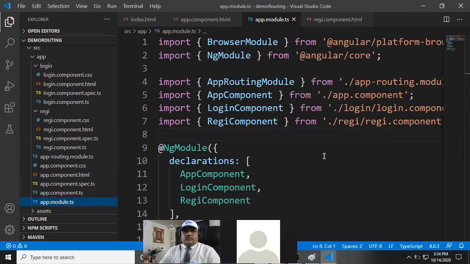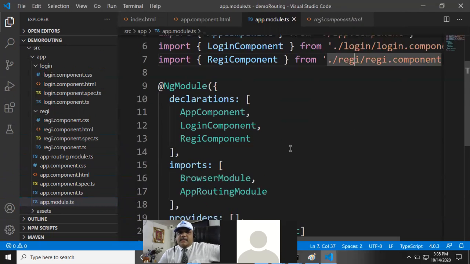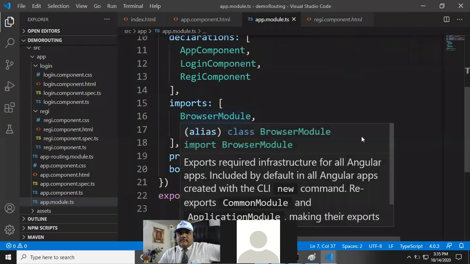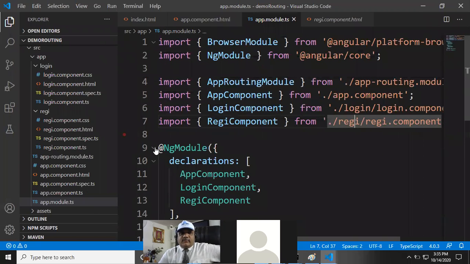just try to understand the code. Here you will find the import of the login component, whenever you add a component. The login component is defined and the register component is defined, and their references, login and regi, are there. So here we have to make some settings. I'll help you out on how to perform it. But before that, we'll go to the